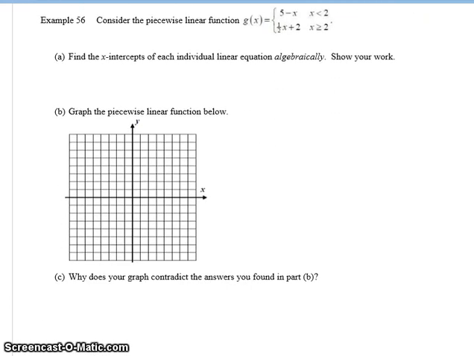We're almost done here. Consider the piecewise function. So now just pay attention to that this one says x is strictly less than 2. Okay, you still have to do the values for 2, but you would have an open circle there. Okay? This one is all the values greater than 2, but you can also include it because it's equal to 2. Find the x-intercept. So the key word for x-intercepts,